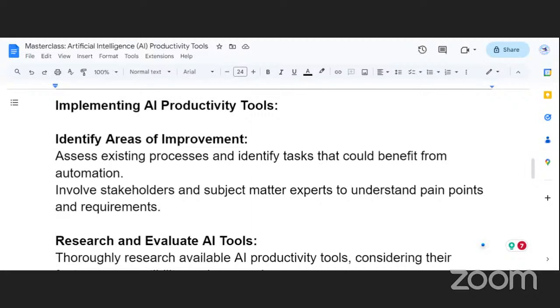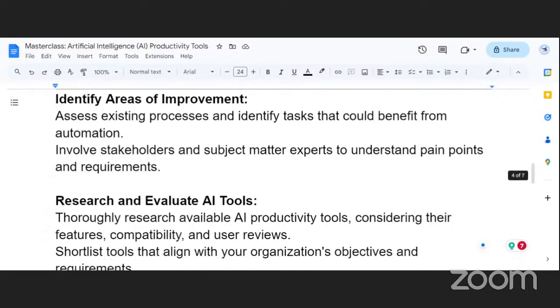What sort of work can be reduced, and where do we need to bring in artificial intelligence tools? Another thing is you involve stakeholders and subject matter experts to understand pain points and requirements. So one thing before implementing is you identify areas where you think you may need to automate in your workplace.